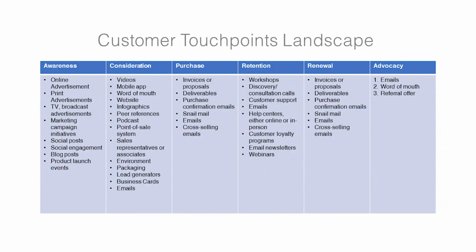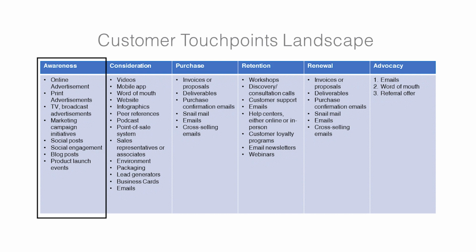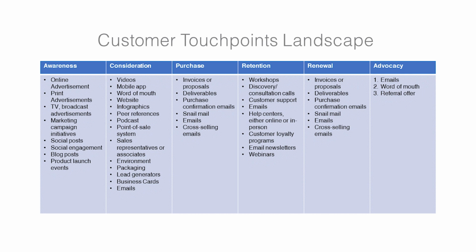The next component of a customer journey map is customer touch points, and it's one of the most important components of the customer journey map. These are the points where your customer interacts with your brand or a product or a service. I have listed down all the possible touch points according to various stages. For example, most of the marketing touch points are applicable during the awareness phase, whereas transactional touch points are applicable